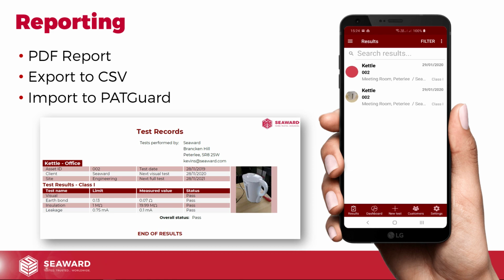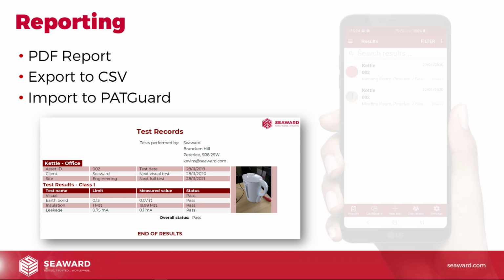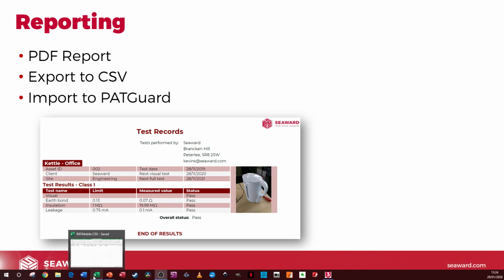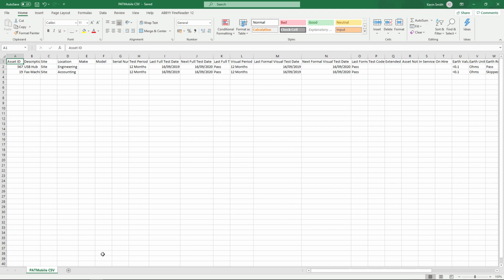Now CSV, if I just remove the mobile phone for a moment. CSV just creates a simple spreadsheet. So you can see there, this is a CSV export that's come there. It's a simple spreadsheet, and what it does is it gives you all the details we put in, and this is just a standard CSV file that we would use